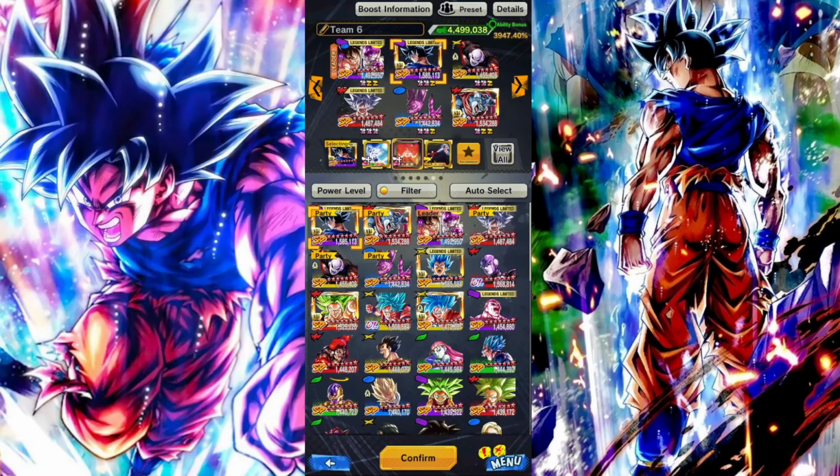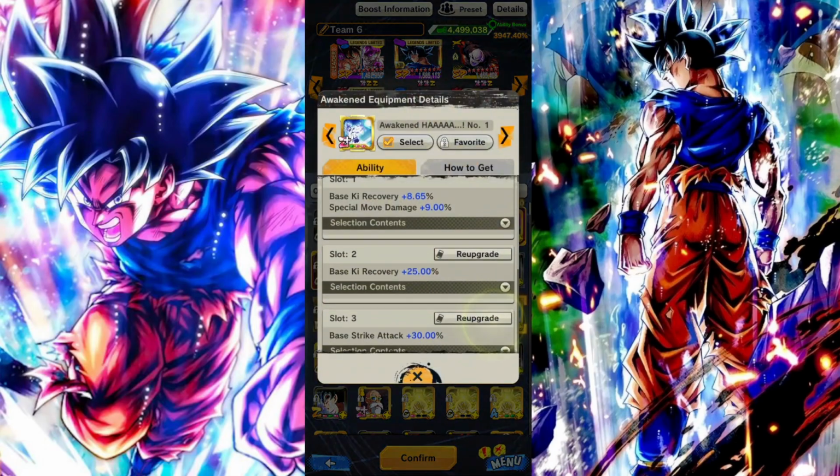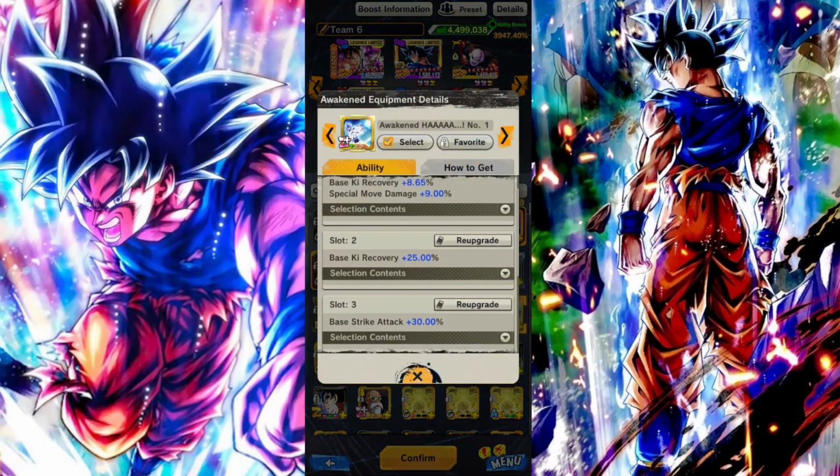It's because I don't have any more blast-based Unireps. So, I mean, it makes more sense because he is more strike-based, even though it says he's a ranged unit. I don't know. He's been confusing since his initial release, right? So, for his equips, I gave him this one, which is key recovery, special move damage, more key recovery, and